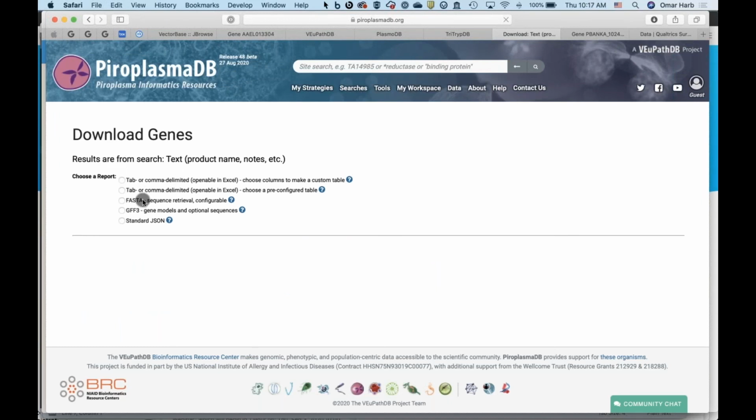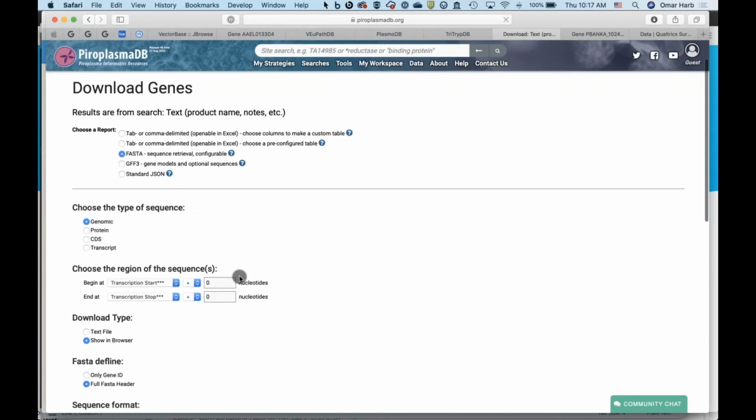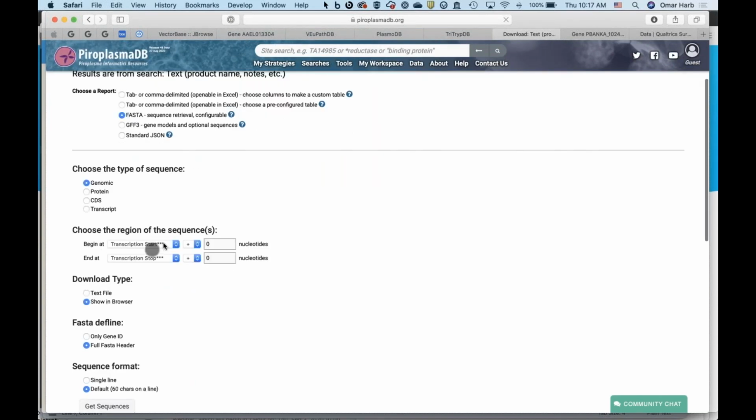And let's say I only want to download the upstream genomic sequence of the genes because I want to look for promoter elements, for example. So I can click on FASTA, which is the sequence format, and now I can manipulate this and say I want to start at the ATG, for example, and I want to be upstream of the ATG,